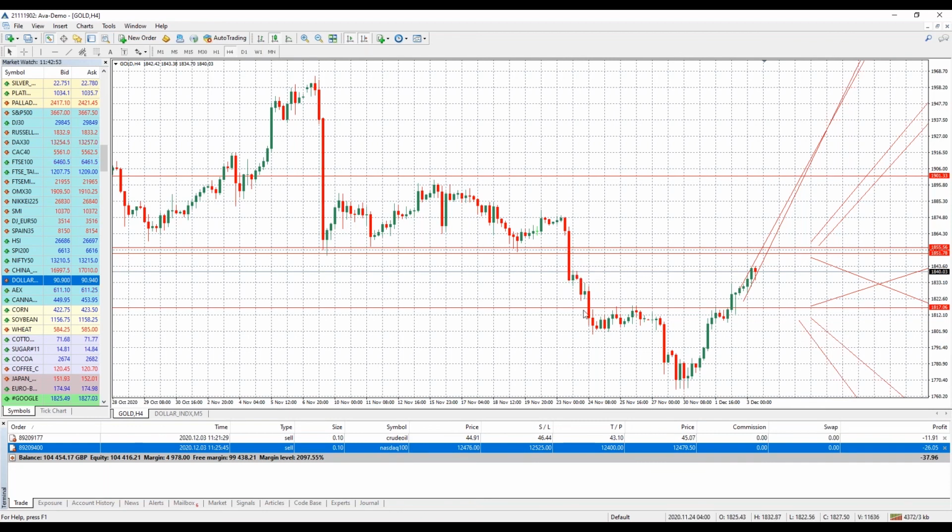It took big news to break it. How do we know it was going to take big news? Because it kept trying to break it and couldn't. So when it did break, boom, there it went.